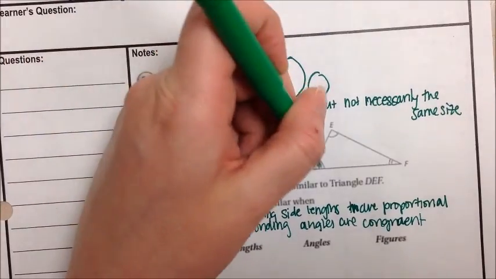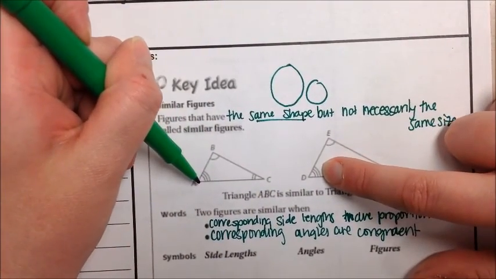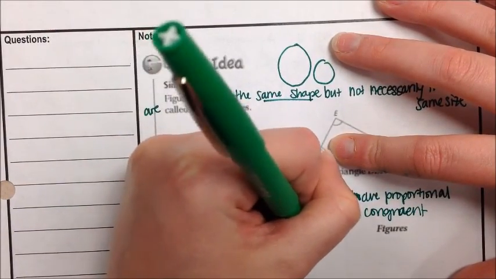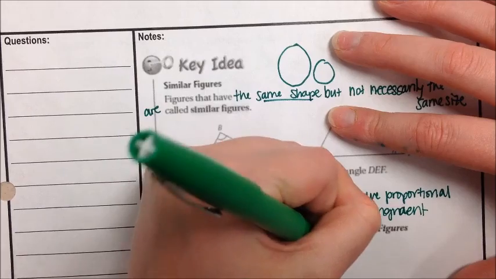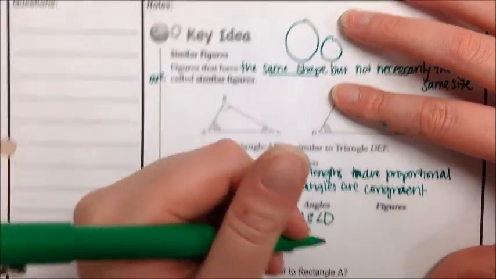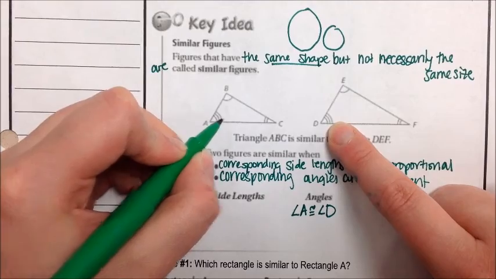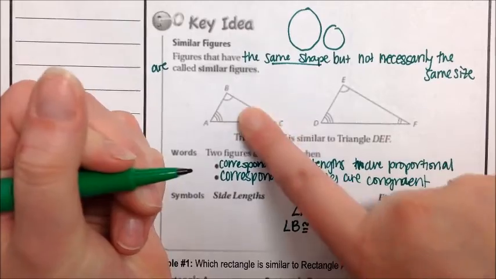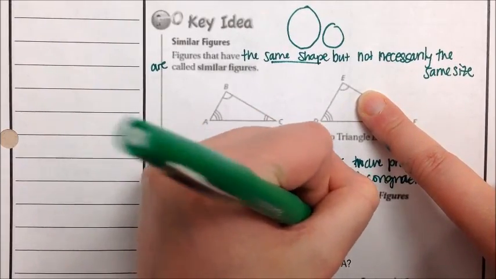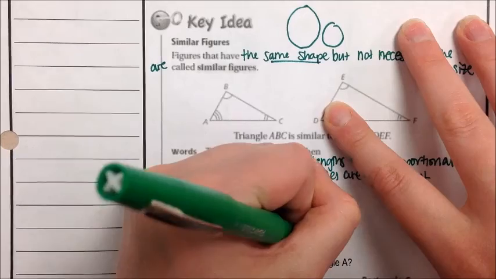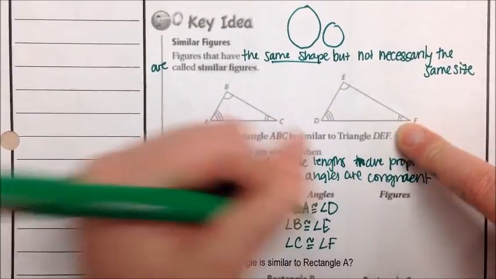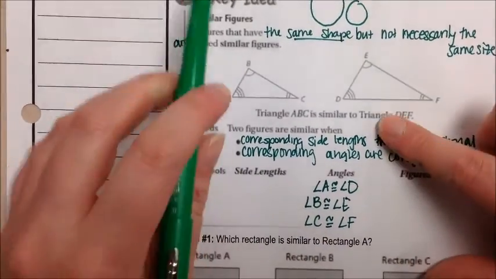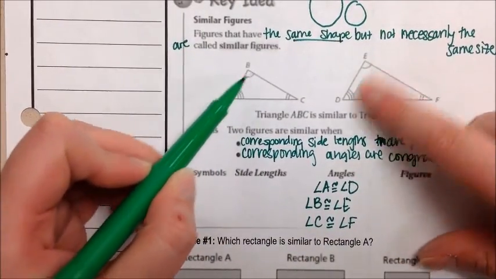side lengths, so AB and DE, if you look here, A and D go together. So I know angle A is congruent to angle D, and because of this has 3 hash marks, angle B is congruent to angle E, and angle C is congruent to angle F because it has 2 hash marks. So if I look, here's my 3 hash marks and my 1 hash mark, so those are my